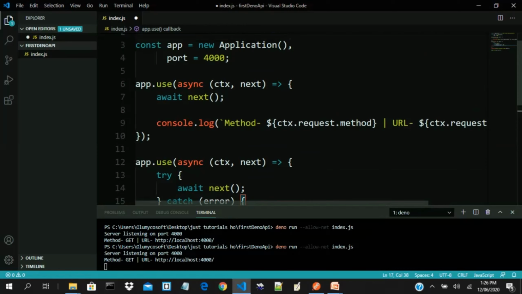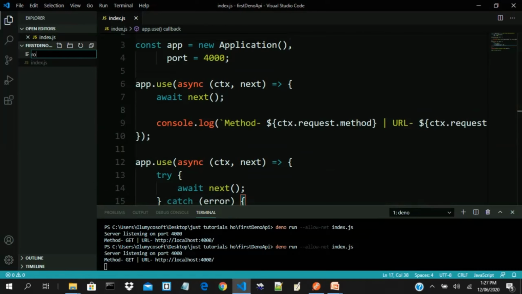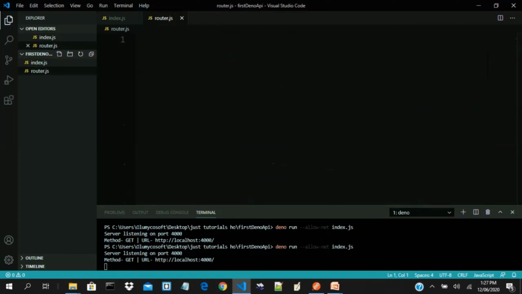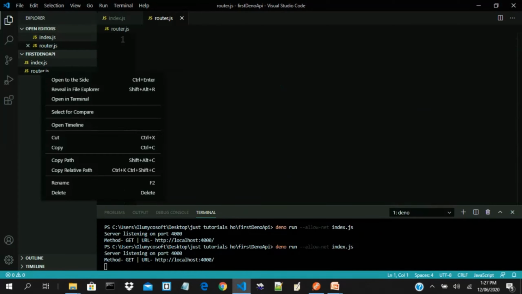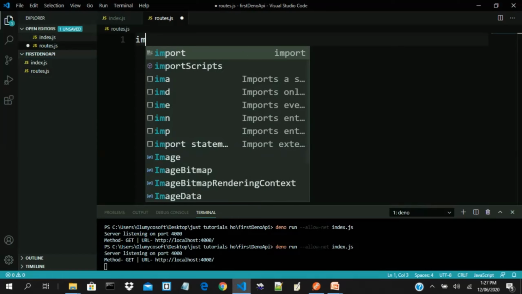And now let's talk about routing. How do we route in Deno? Let's create a file called router.js. Oh, sorry, let me change it to routes. Let's just call it routes. Yeah, I think this is better. Routes. Okay, so let's import